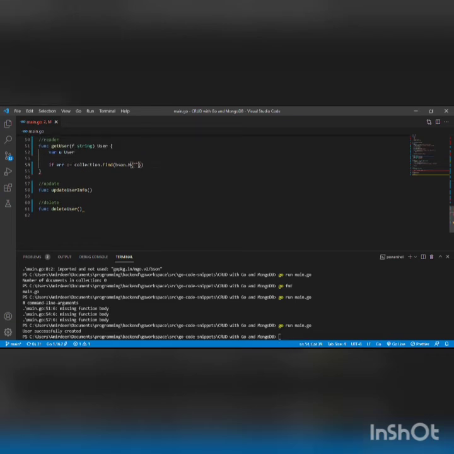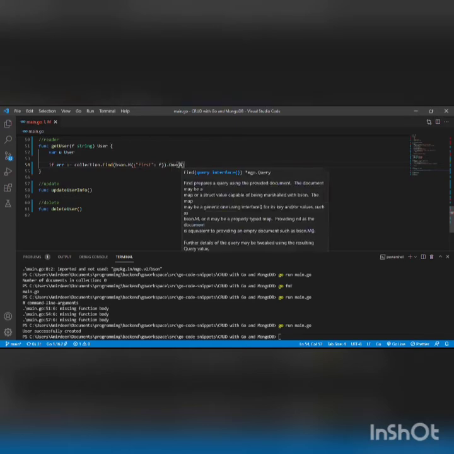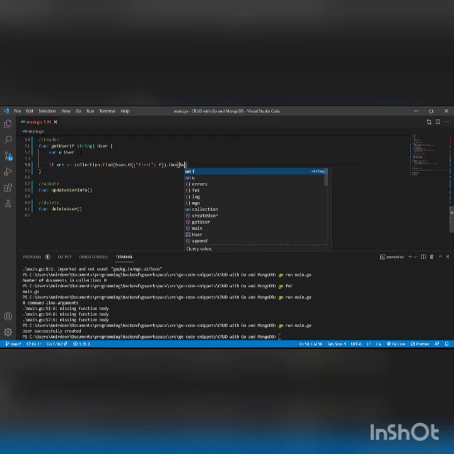Then the first should just be f, then .1, so we are looking for just one. So say &u. We are getting the document from the collection with find, then writing it into our user that we created. So if error is not equal to nil,